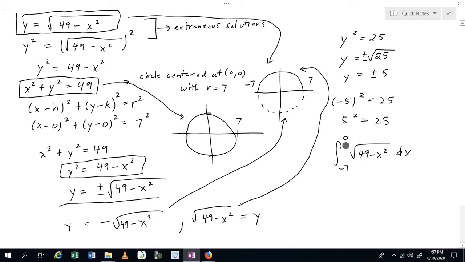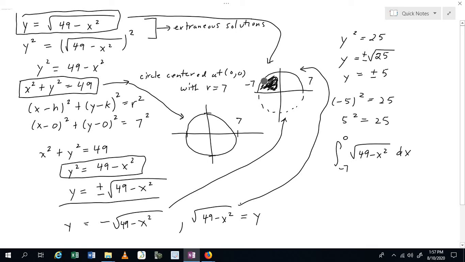Remember, a definite integral geometrically is the net area between the function and the x-axis, starting at this lower number and ending at this upper number. So we're talking about the area trapped between this function and the x-axis, starting at -7 and ending at x equals 0, which is actually just this area in here, the net area in here,